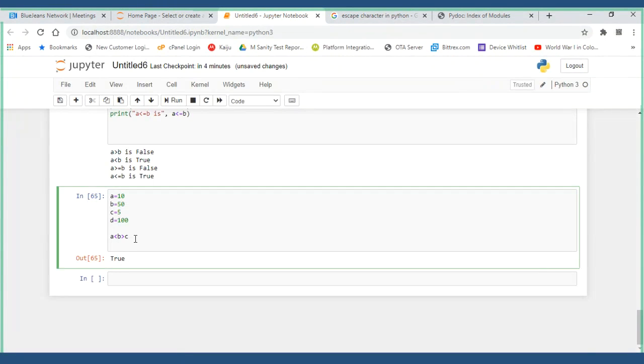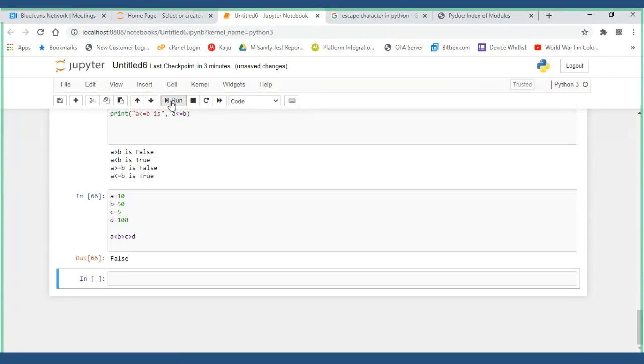Now C is greater than D, I'll put. The last comparison, whatever the relationship is, is an error. Still it will throw you a false.